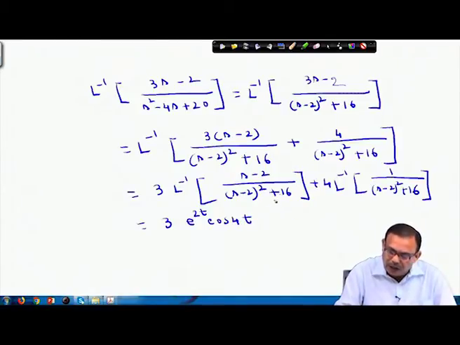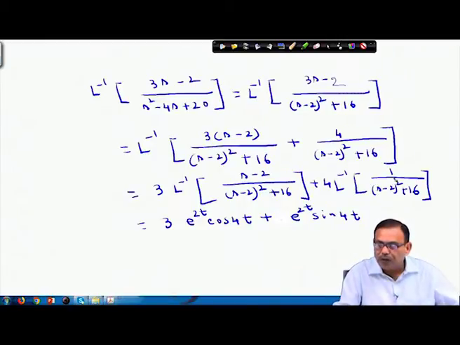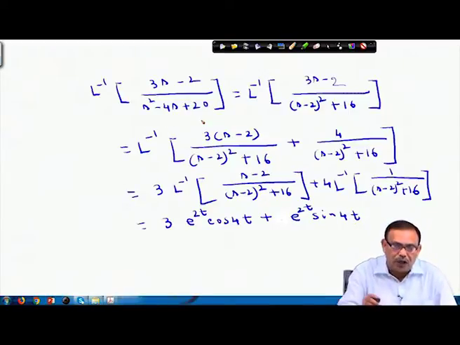I am directly writing this one. This minus 2 will also go on that side, plus e to the power s by 4 squared, but it will become sin 4t, because the 1 by 4 is there. So I have to multiply over there and I will get e to the power 2t into sin 4t. So effectively, if I have a function, I will try to solve it in such a fashion, or I will try to put it in a function whose inverse Laplace transform is known to me.